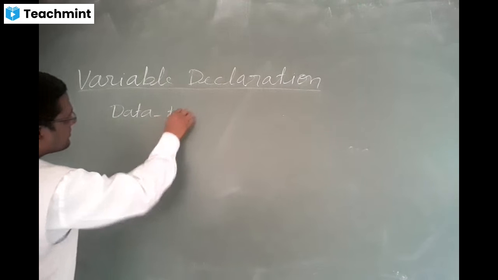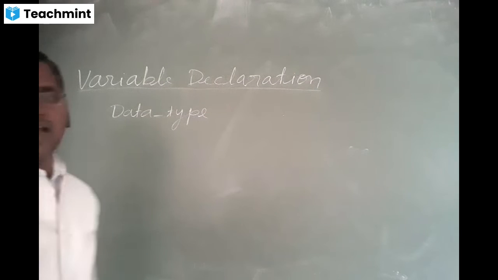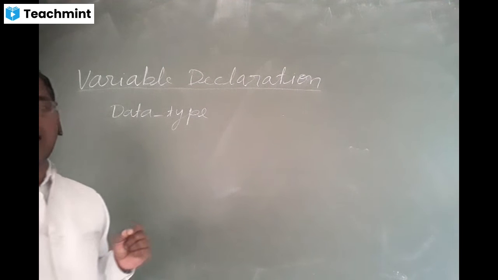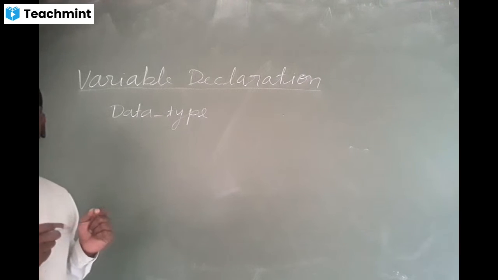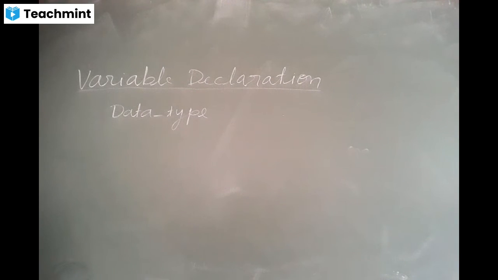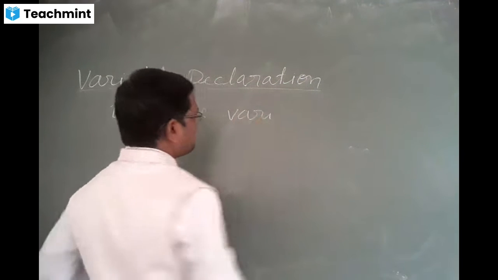We should be aware of the data type, and the variable which we are going to declare in the program will be of this type. So first we write the data type of the variable,